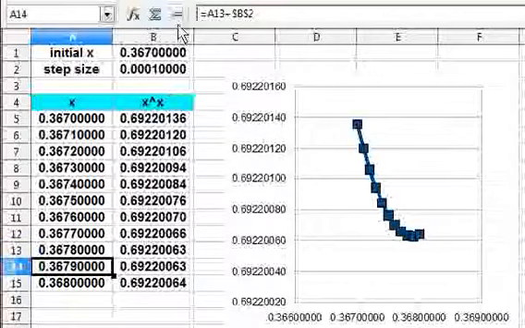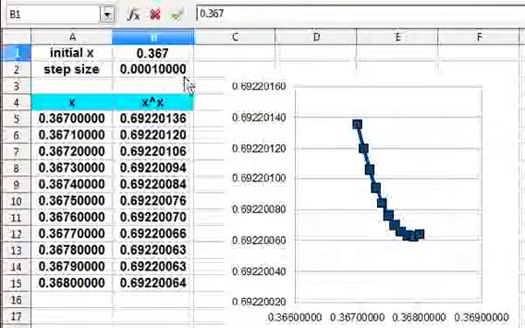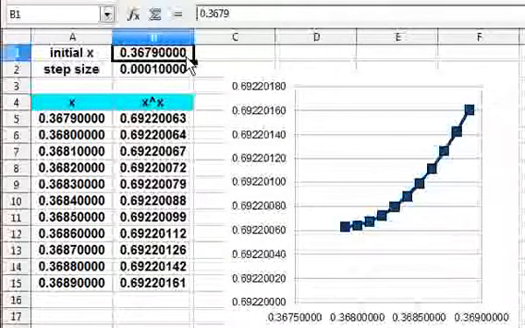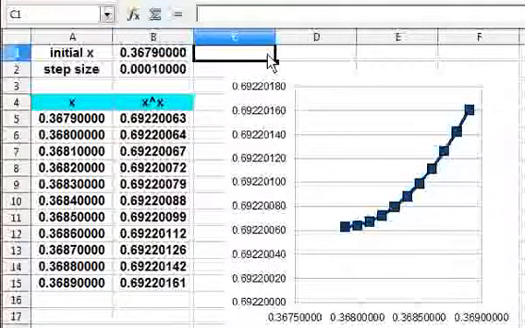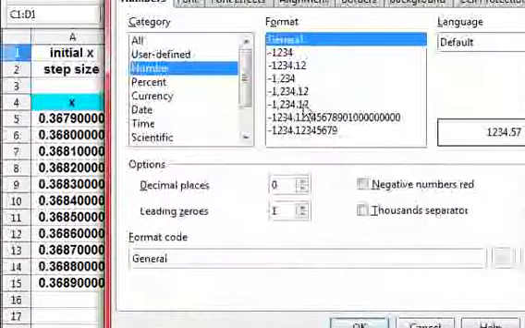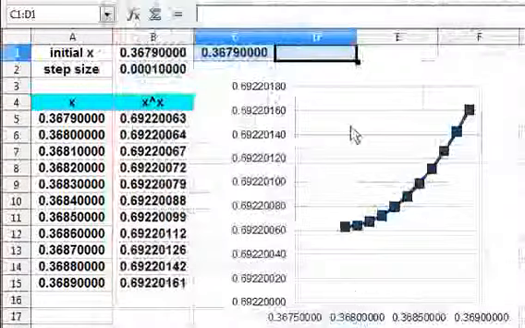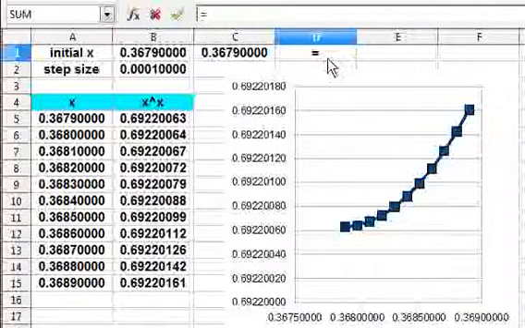3679 we will declare as the lowest value for X. So now using this 3679 as my clue or lowest value for X, I will type here 0.3679. I have to take the reciprocal of this. Let me add more decimals. So this value is equal to 1 divided by that,